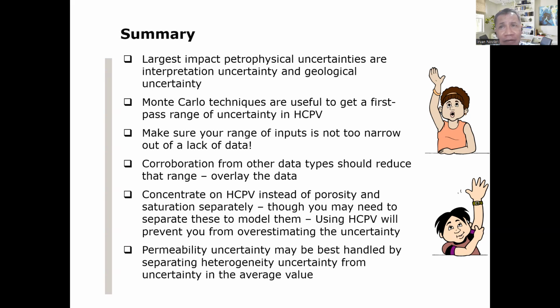In dealing with uncertainty in permeability, it is suggested to be more effective to separate uncertainty arising from the heterogeneity, the variation of permeability within the reservoir, from the uncertainty in the average permeability value. By doing so, a more accurate assessment of permeability uncertainty can be obtained. This approach allows for a better understanding of the impact of heterogeneity in permeability and helps in mitigating the overestimation of